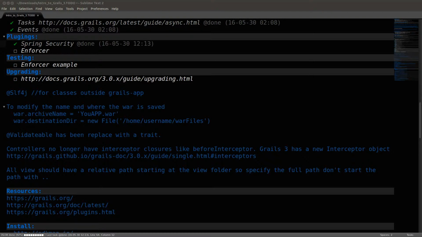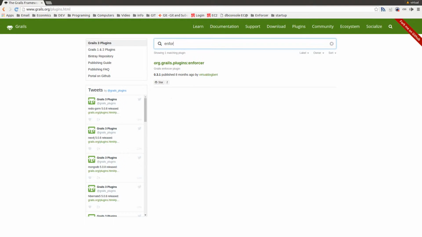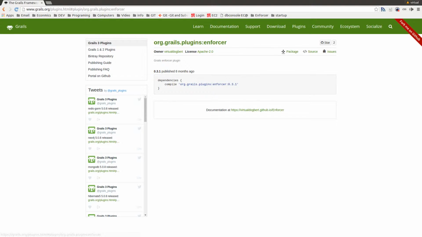Okay, so I'm going to pick it up with the Enforcer plugin. Basically, the Enforcer plugin is a plugin that I made. And as I said before, it's mainly because I had issues with Spring Security ACL. So let's take a look at Enforcer, and we'll look at the documentation for that